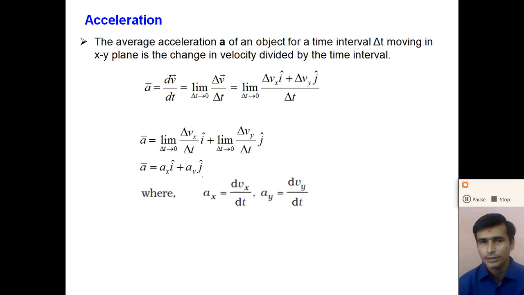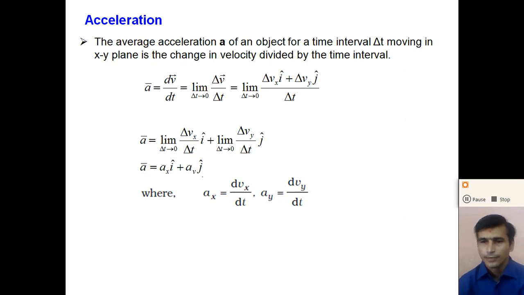And how does the velocity of an object change? The velocity of an object can be changed in three ways. First, the magnitude of the velocity changes. Second, only the direction of the velocity changes. And third, both the magnitude and the direction of the velocity change. Now if only the magnitude of the velocity changes, the acceleration and the velocity are in the same direction. If the magnitude increases, the velocity and the acceleration vector are in the same direction. But if the magnitude of the velocity decreases, the velocity and acceleration vectors are in opposite directions.